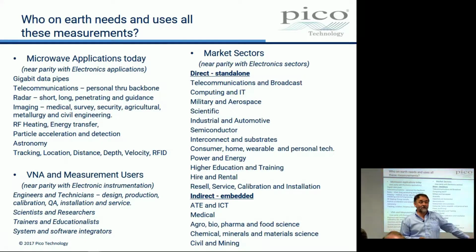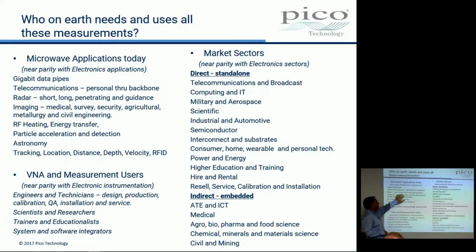It used to be, 30 years ago, 40 years ago, when I started, you know, microwave engineers, there really weren't many, and they only worked on radio stuff basically, and pretty much nothing else. But things have changed a great deal, such that microwave applications include gigabit data pipes, telecoms,